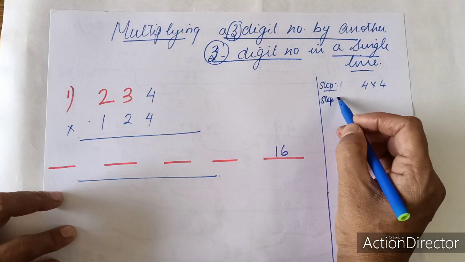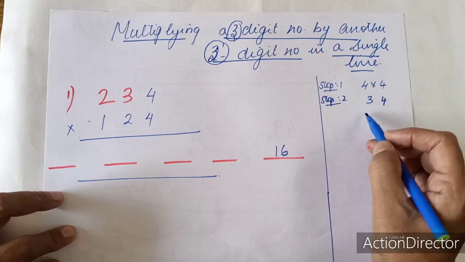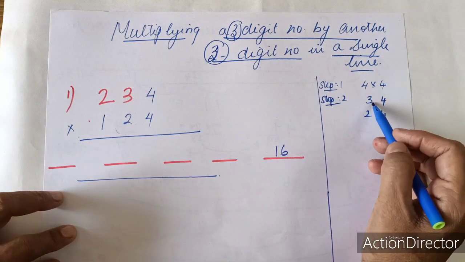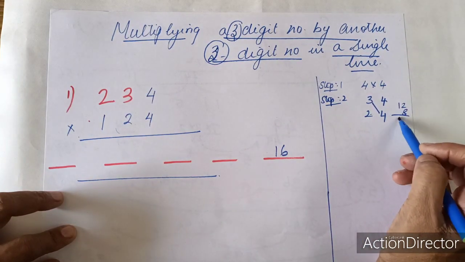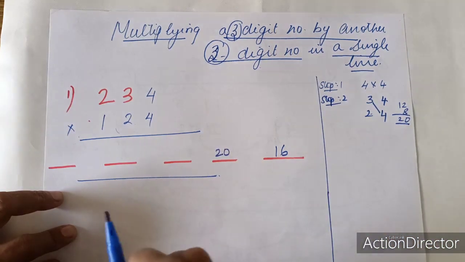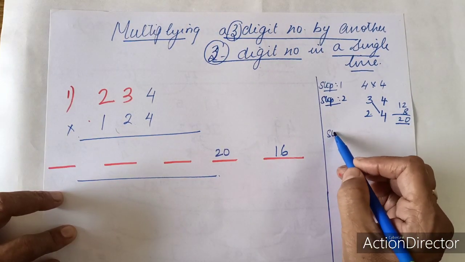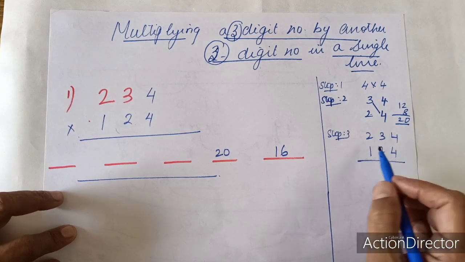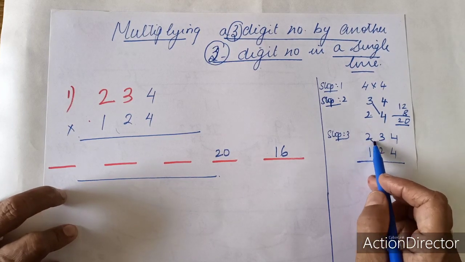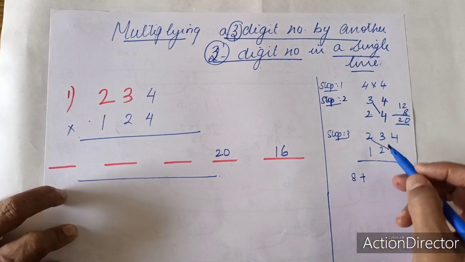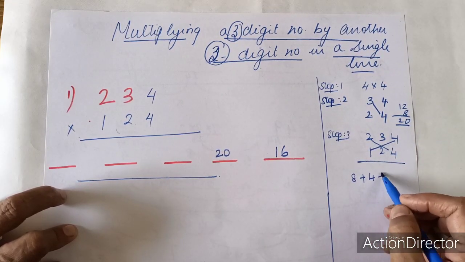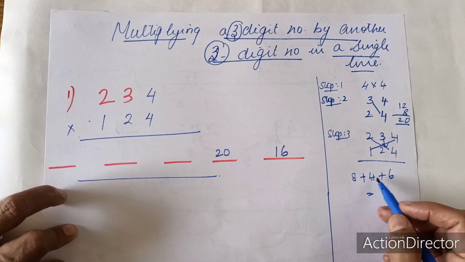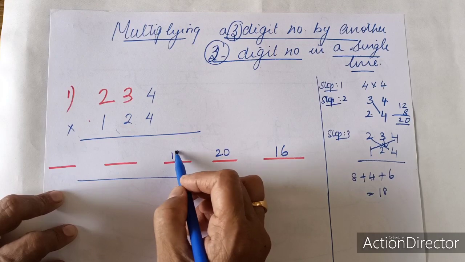In the step 2, we are going to multiply, that is 2-digit multiplication. Already you have learned how to do these two. So 3 4s are 12, 4 2s are 8. So it is 20. So in second line you are going to write 20. So step 3 will be equal to, now I am going to take all the 3 digits together. So listen to it, how I am going to do it. So 4 2s are 8 plus 1 4 is 4 plus 3 2s are 6. So this will be equal to 8 plus 4 12, 12 plus 6 18. So my third line will be 18.